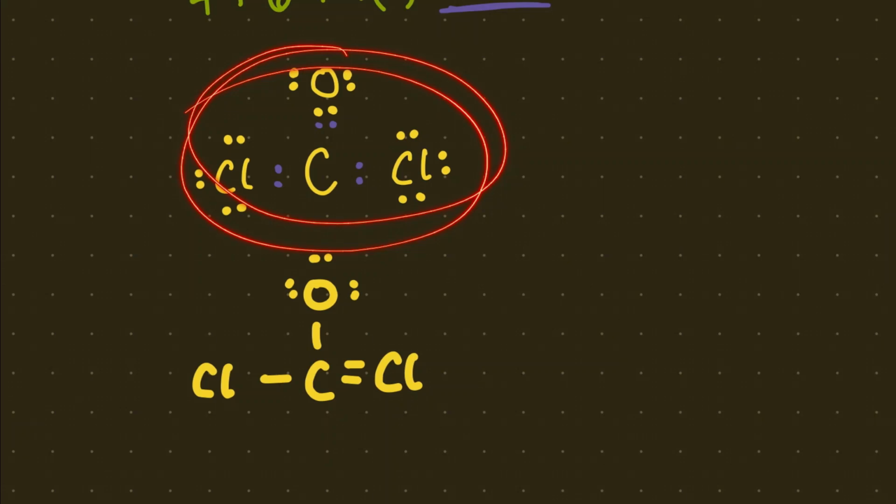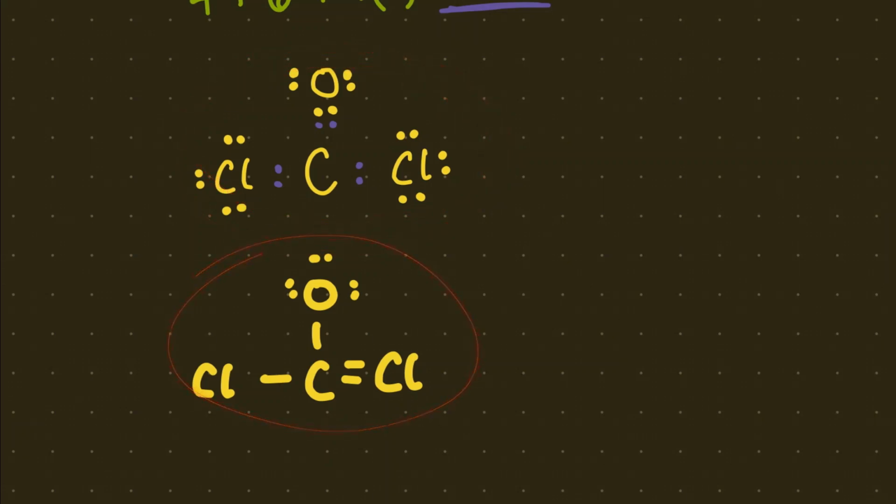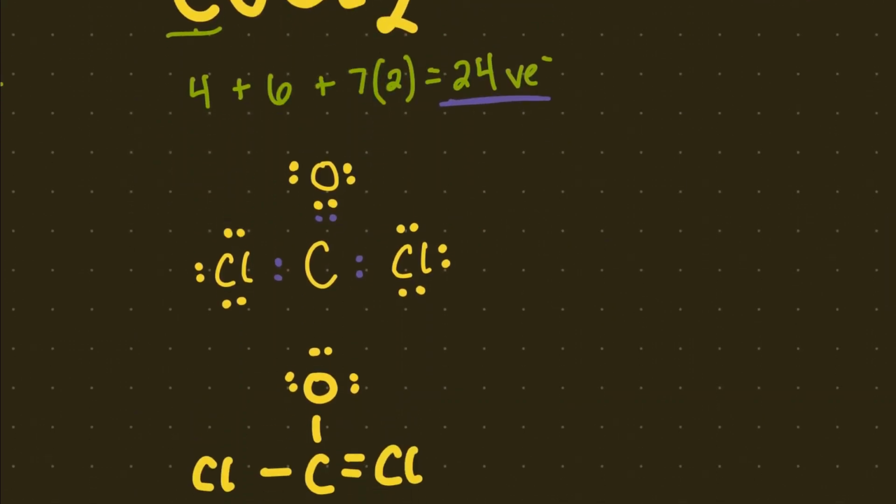This exists more often than this exists. They're not like, this one's technically right. It does happen, but this one is more common. And if you look up the Lewis structure for phosgene, you're going to find the double bond on the oxygen,